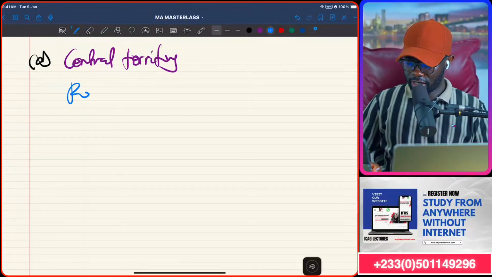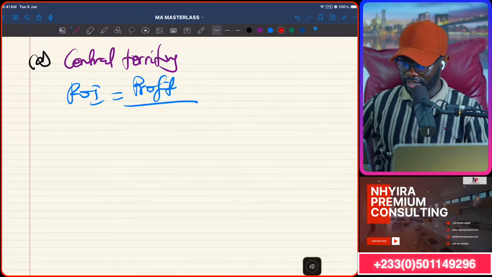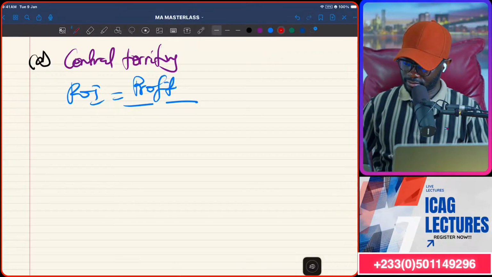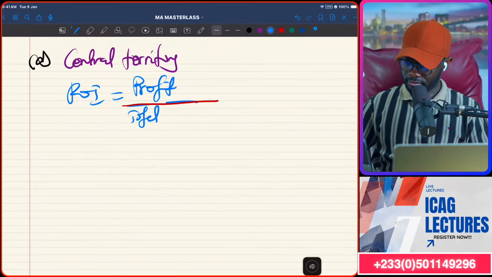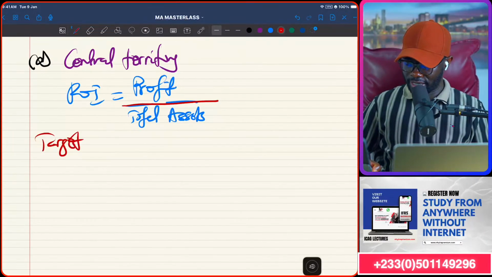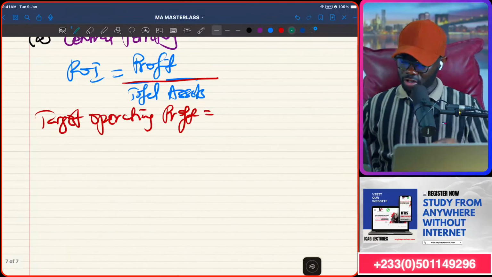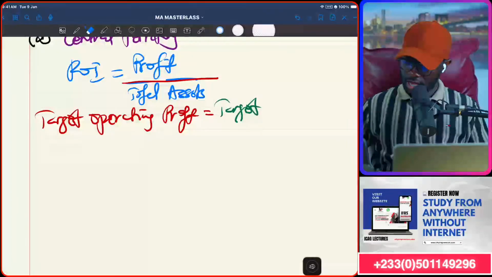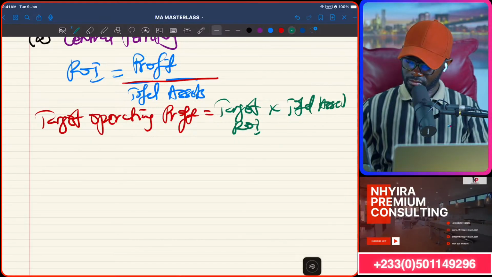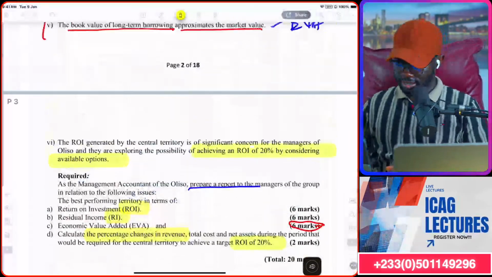So you know that ROI is the profit divided by the total asset. As per the context of this question, they are dealing with assets. And so if I want the profit, we make the profit the subject. So the target operating profit will then be the target ROI multiplied by the total assets. And so if we check, it's going to be 20% times the assets of the division,